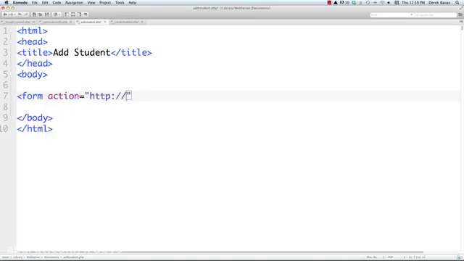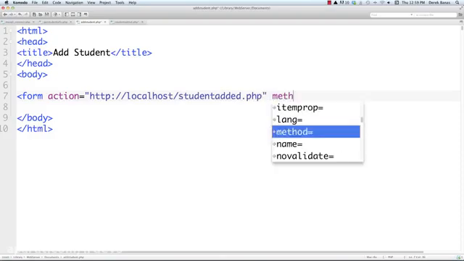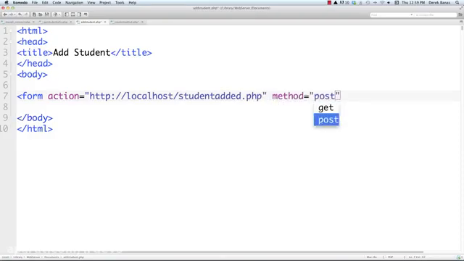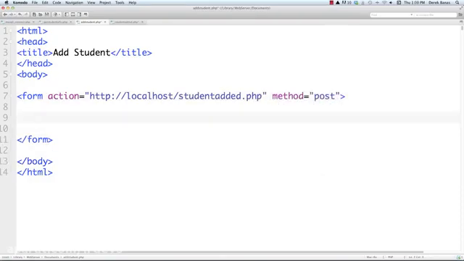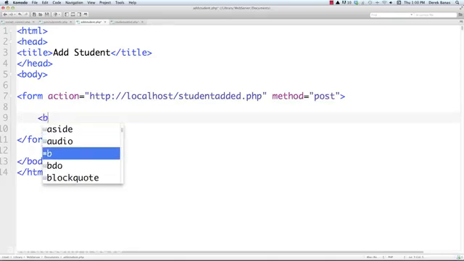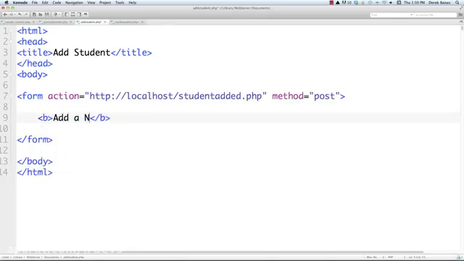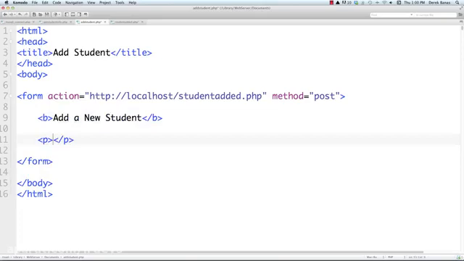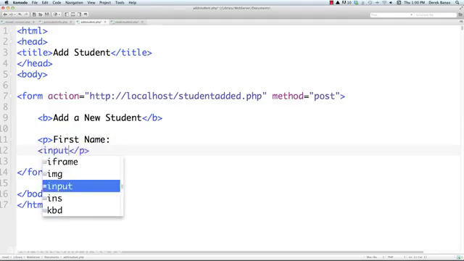I'm just going to put the location for the PHP script that is going to be receiving all this information, and I'm just going to go studentadded.php, and then method. In this situation I'm going to use post, and then inside of here we could do something like putting in bold, add a new student, and then we'll just have to ask for all of the different information that we want. So if we want the first name,